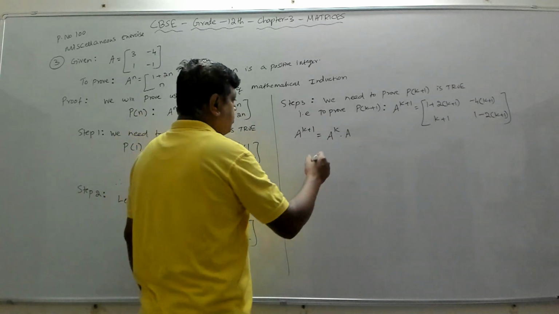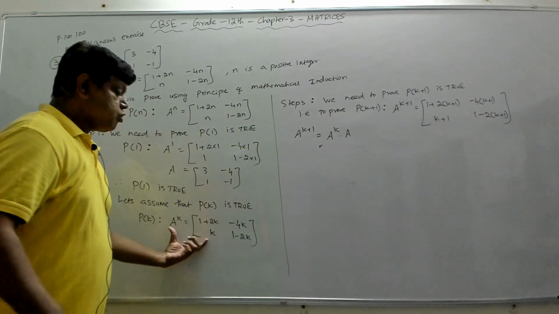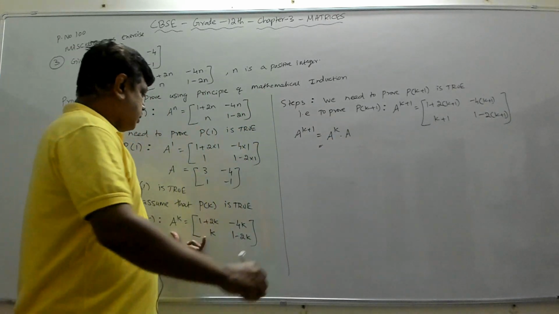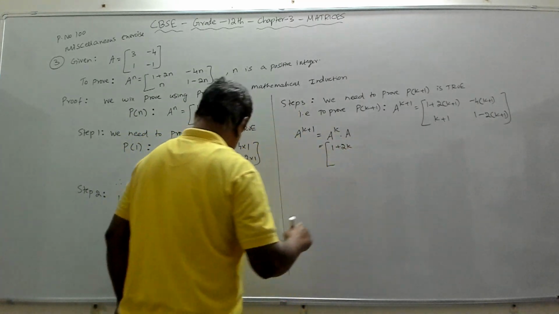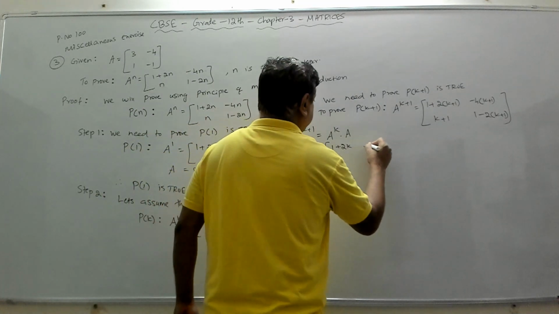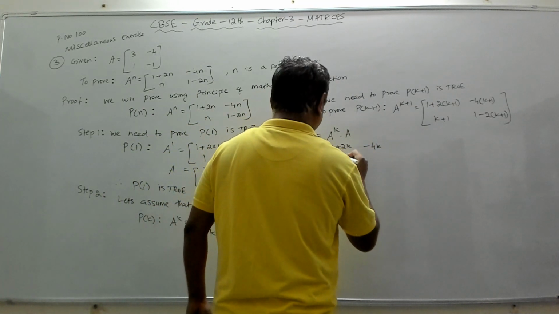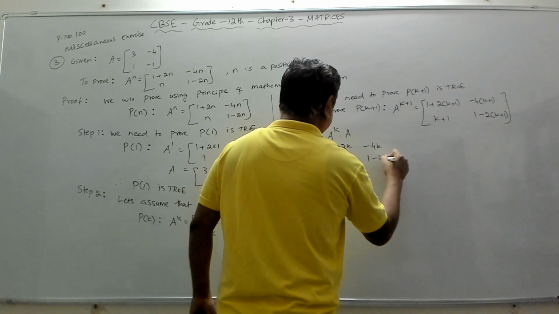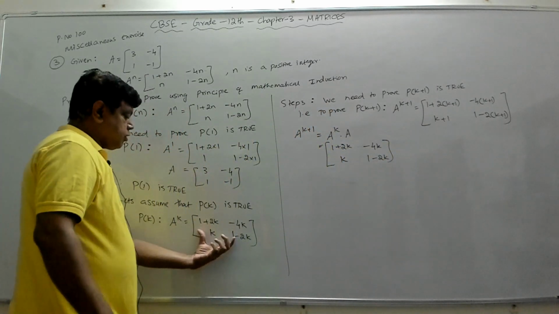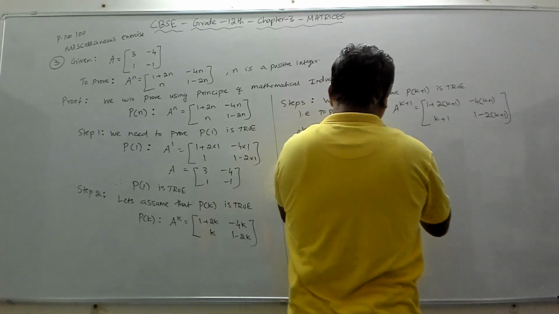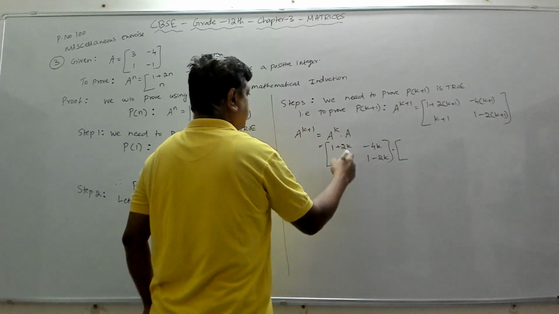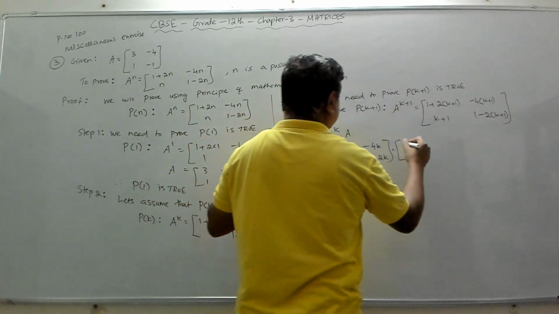Right? And what is A power k? We have assumed that it is true. So A power k is this. I'll substitute that here. So that will become 1 plus 2k, minus 4k, then k, 1 minus 2k, which is this. I'm substituting A power k here, then into A. A is this one: 3, minus 4,